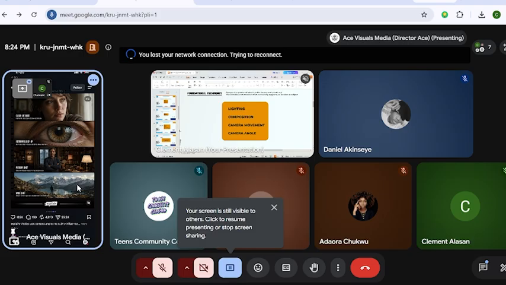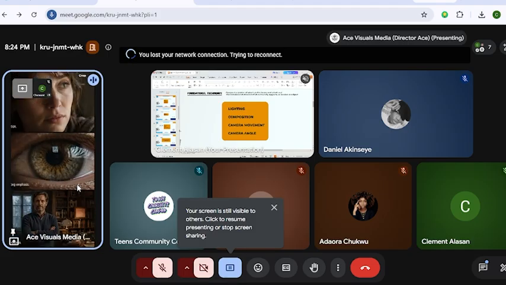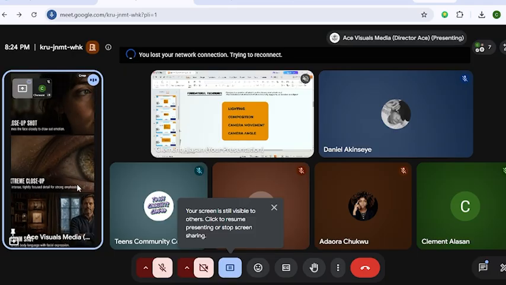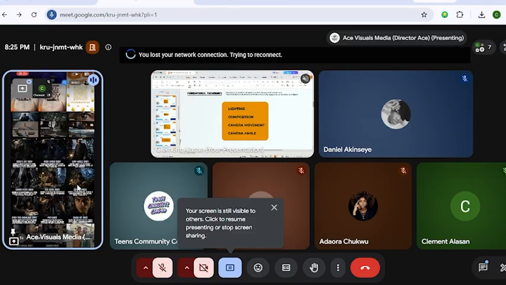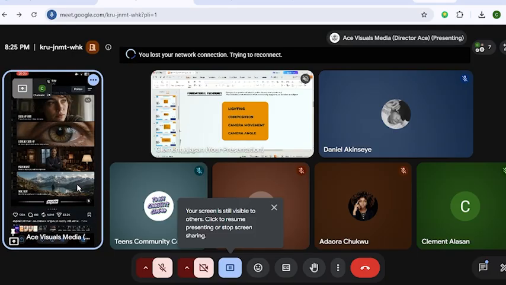Then we have this one that you can see in the middle, which is the extreme close up. Sorry, we have this lady, right? As the close up shot, we have her face, right? Then when we go closer to her eyes, it gives us a very extreme close up. Gives us extreme close up.